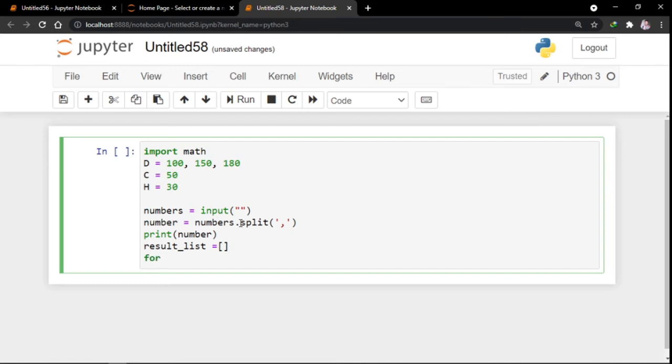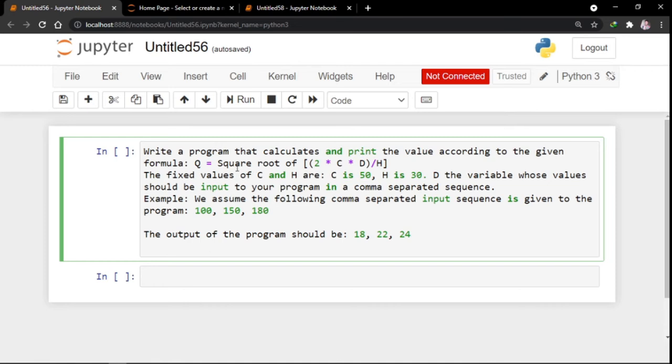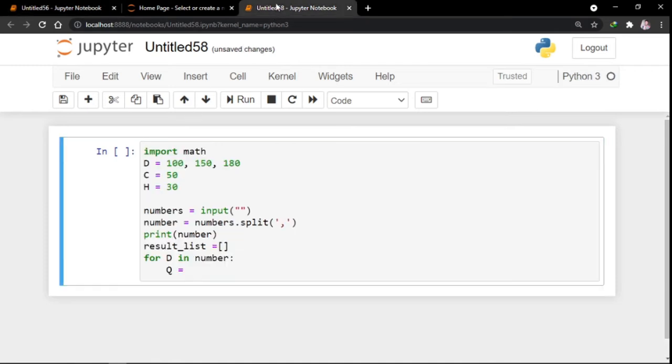So we go down and for d in number. Okay, for d in number, we do this. This is the formula, as this formula we have here. Okay, is what we are typing here. So we say Q being equal to, or round it up,